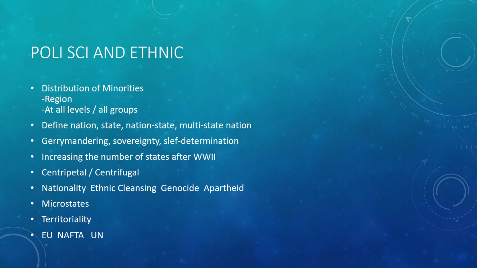Nationality, we talked about this. It's got to be allegiance to a political and territorial group. So if you're Scottish, even though you're in the United Kingdom, you can say that your nationality is Scottish because Scotland exists separately. It is a territory, and they do feel an allegiance towards it. In the United States, for the most part, we really have one nationality. Microstates,